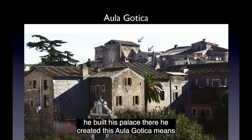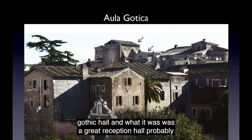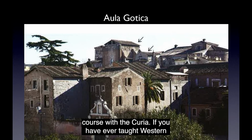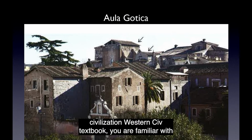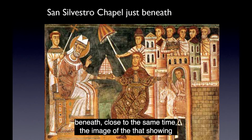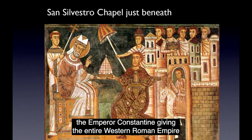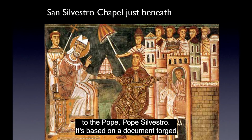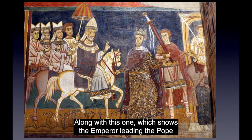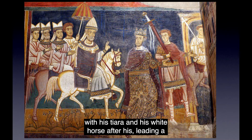When he built his palace there, he created this Aula Gotica, which means Gothic hall. It was a great reception hall, probably used for legal tribunals and also perhaps meetings of the Curia. If you have ever taught Western Civ or looked at a Western Civ textbook, you're quite familiar with this image from the San Sylvester Chapel, which is just beneath and was done close to the same time. It's an image showing the emperor Constantine giving the entire Western Roman Empire to Pope Sylvester. It's based on a document forged in the 9th century, but it's very famous. Again, that image shows, along with this one, which shows the emperor leading the Pope with his tiara on his white horse, leading the horse